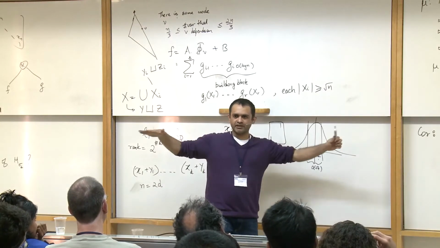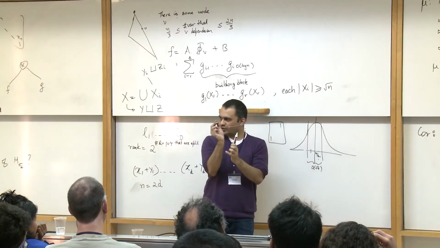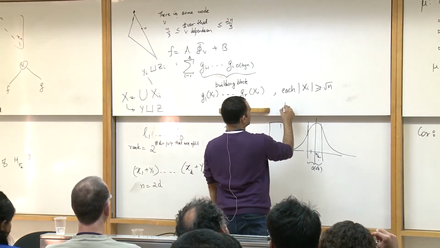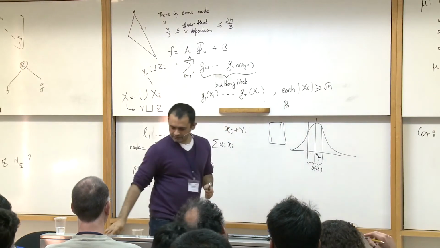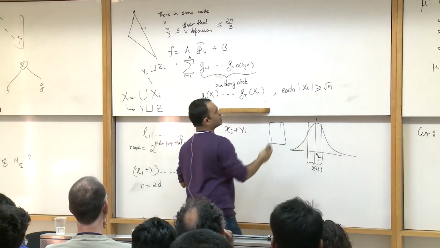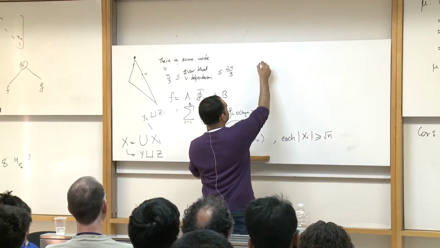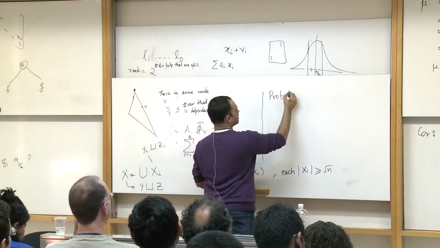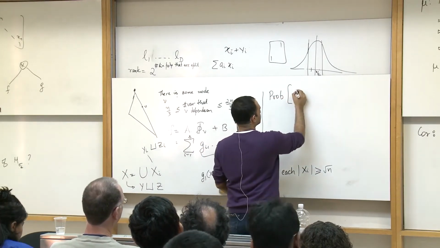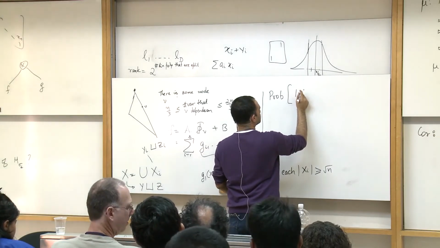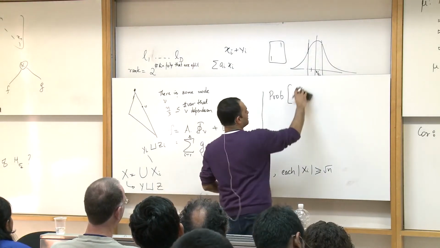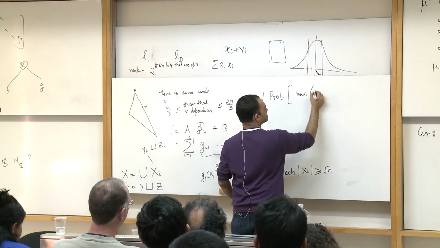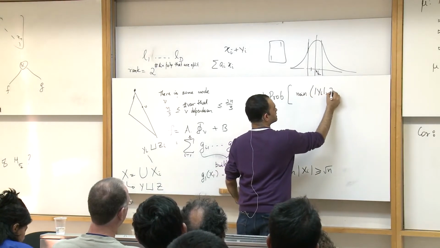I mean, it's going to drop when you go beyond the square root n band, but around n over 2, you're going to be equal. So I'm hand waving here. I just want to say that the probability that the min of the size of yi comma zi,